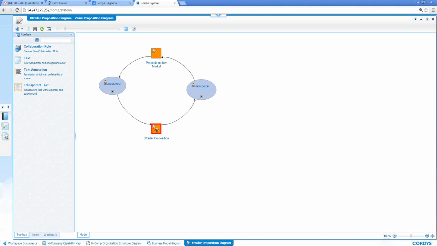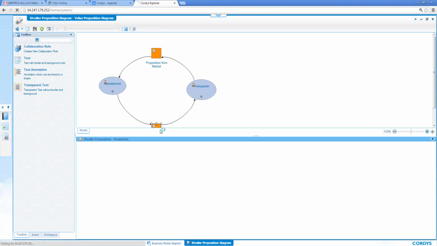From here we can also go to the details. And by the way, the manufacturer, you see it here. When I would click on the manufacturer, you would again see that My Company is in it. I will not do that for now. I go to the proposition here. I click the details of the proposition,